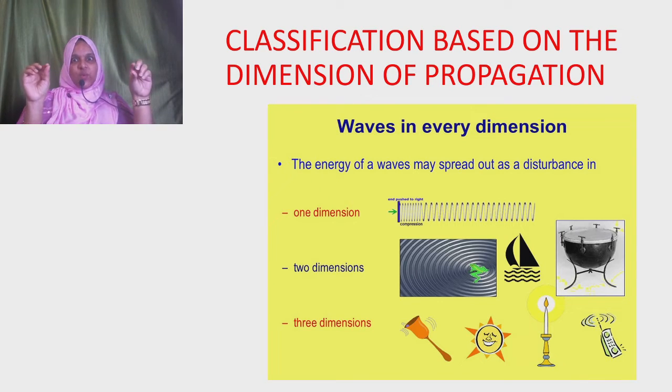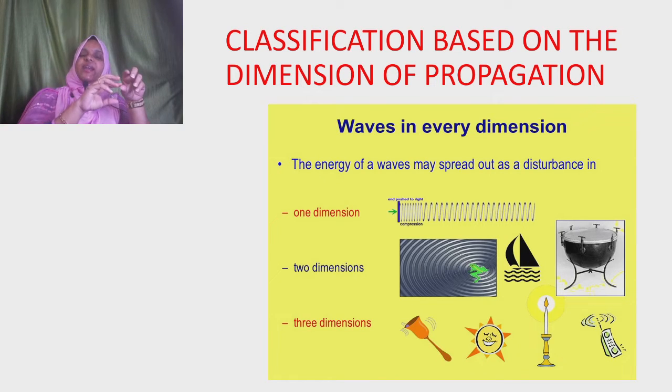A line is one-dimensional. So waves which are propagated along a line is a one-dimensional wave. An example is a string. Waves transmitted along a string is transmitting through a line. That means it is transmitted through a one-dimensional medium. So such waves are examples for one-dimensional waves. Waves transmitted through a string or a spring, etc. are examples for one-dimensional wave. Any wave which is transmitted through a one-dimensional medium is known as a one-dimensional wave.